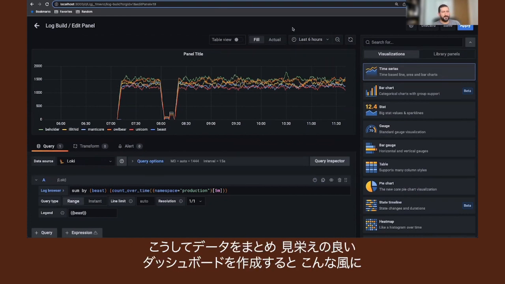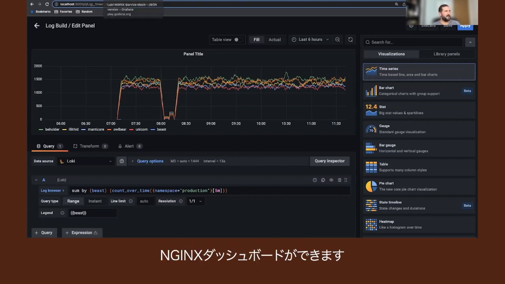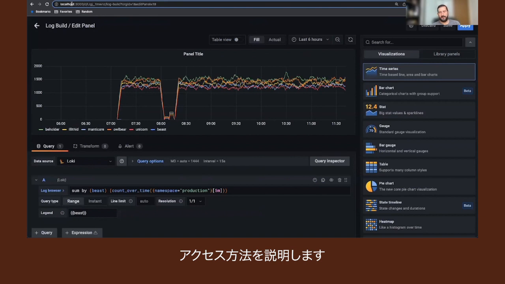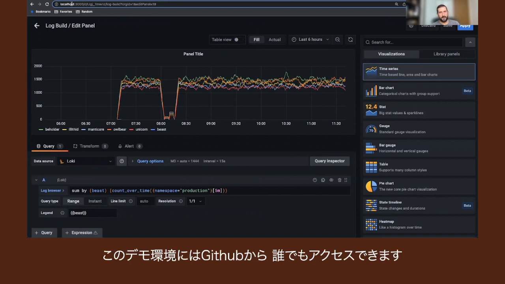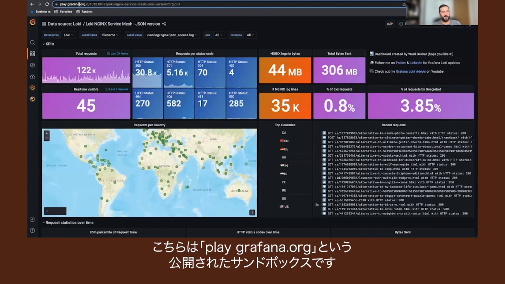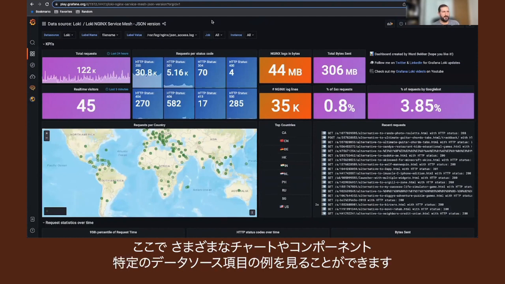So what this looks like when you start putting these things together into really great looking dashboards is something like this, where we have this Nginx dashboard. If you haven't gone to this, everybody has access to this specific demo environment that you can get off of GitHub. This other environment, play.grafana.org, is a public sandbox that we have. So you can also go here and see some examples of different types of charts and components,